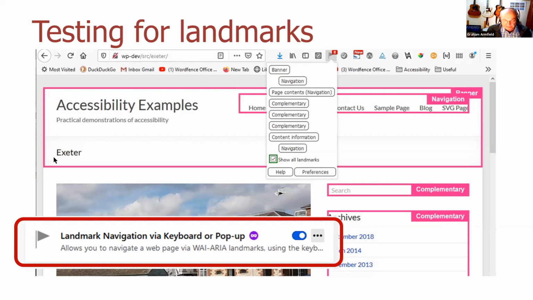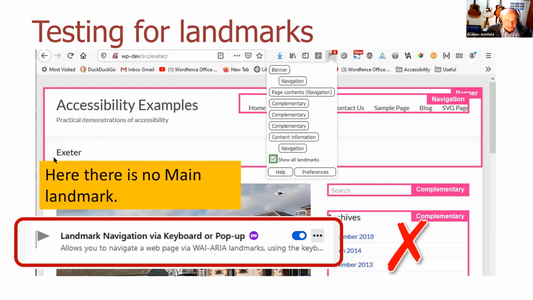The key thing that's missing from this page, because this WordPress theme didn't put them there, is there is no main landmark. So there's no way using landmarks of a screen reader user jumping straight to the main content of the page. Okay, there might be other ways of doing it, but if I'm a landmarks user, then it's not easy for me to get there.